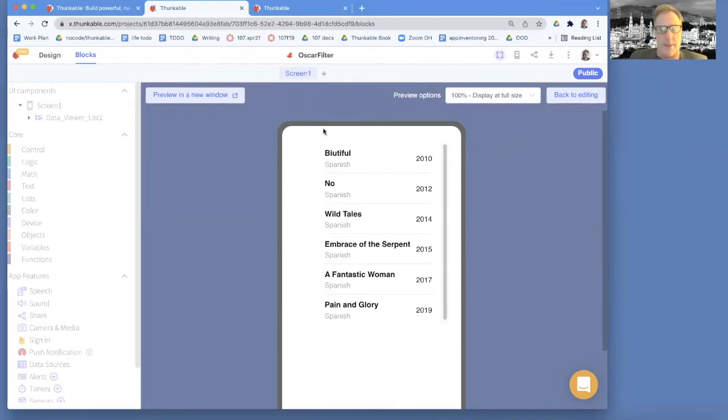In the previous video in this series, I showed you how to filter data. So we've got a spreadsheet of a bunch of foreign film Oscar nominees, but we only show the Spanish ones. And of course, really what we want to do is let the user choose either show all or show Spanish, or maybe show any language, right? So I'm going to show you how to add the user interface element, because right now we're just